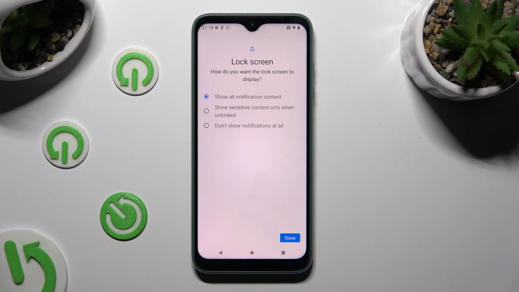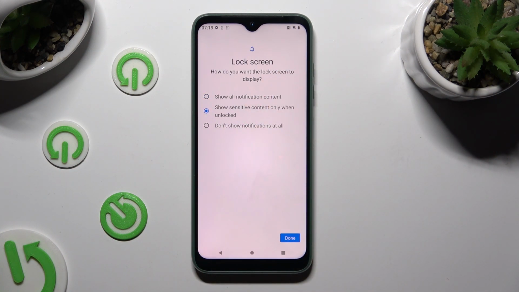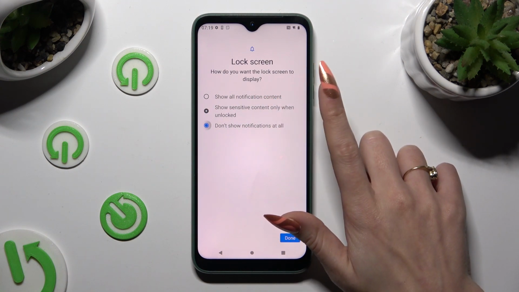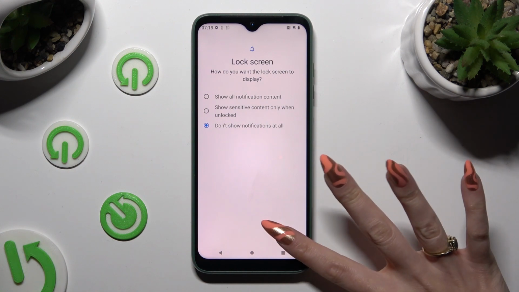Following that, you can tap on one of those options to decide what you wish to do with lock screen notifications. Show all notification content, show sensitive content only when unlocked, or don't show notifications at all. I will go with the last option, so when I tap, I can click on Done at the bottom right